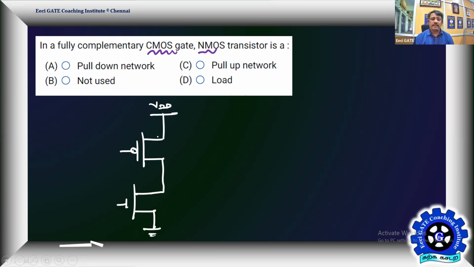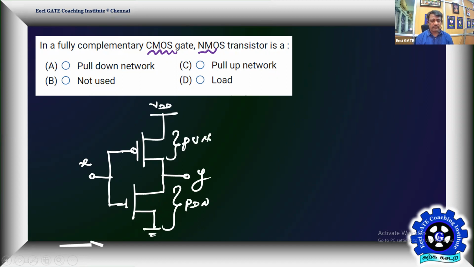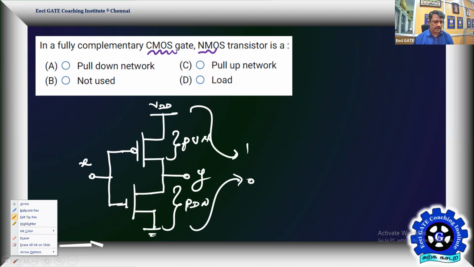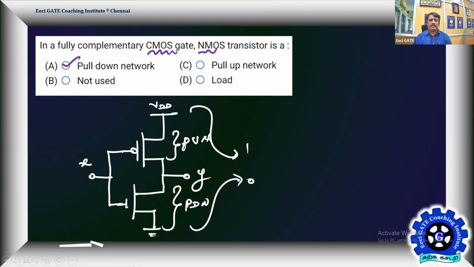Actually, it is given to the source of the PMOS only. Yes, this is the output. Let me take it also as a logic gate, and this is my X. Pull down, as I already said, is because of NMOS, and pull up is because of your PMOS. It's a very good passer of strong 1, and it's a very good passer of strong 0. So the answer is straightforward. It takes not even 10 seconds in the examination to conclude and move to the next problem. So the answer is, it is acting as a pull down network in a complementary CMOS.